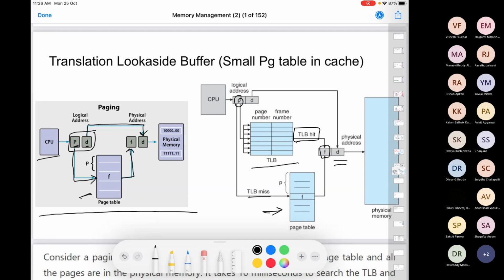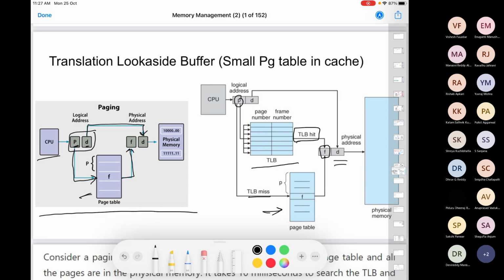In the TLB, we keep a small portion of the page table, right? So remember that each process has its own page table, right? Page table is not global. So process 1 will have its own page table. Its virtual address is mapped to the frames. Process 2 will have its own page table. What will you keep in the TLB? There are context switches happening in your system. So for some time process 1 is running with the help of its own page table, right? When a context switch happens, process 2 starts running.